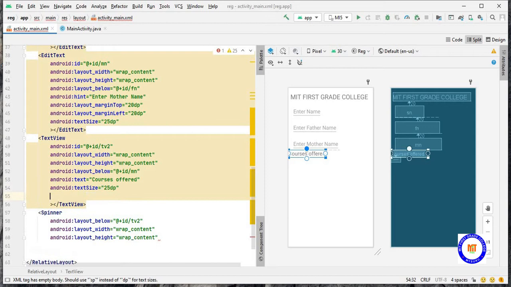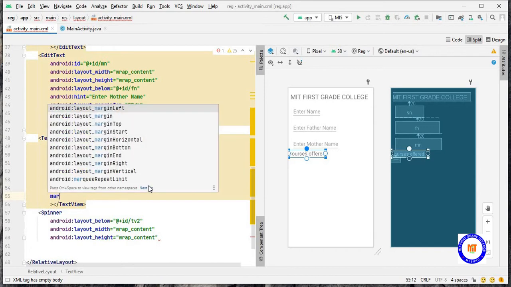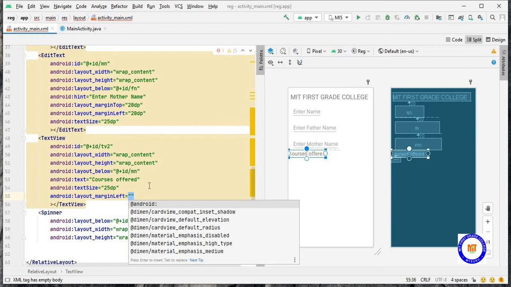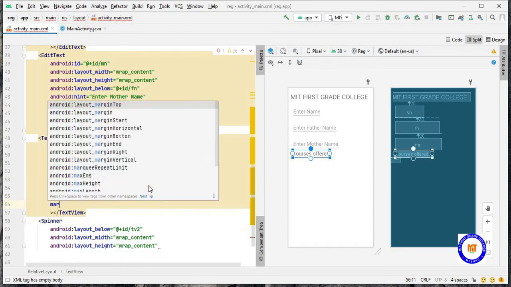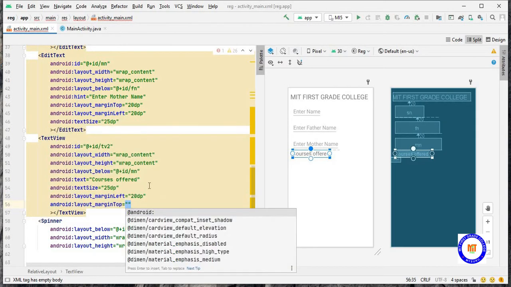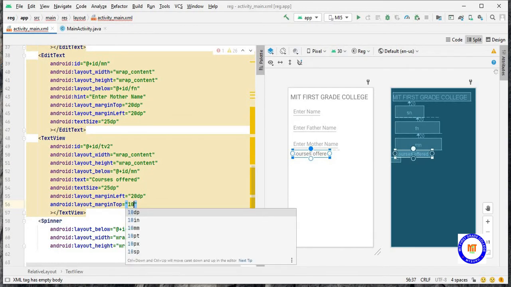For that I'll take margin top. From the margin left, let this be 20 dp. That's enough. From the margin top, let this be 10 dp or more than that, 20 dp.